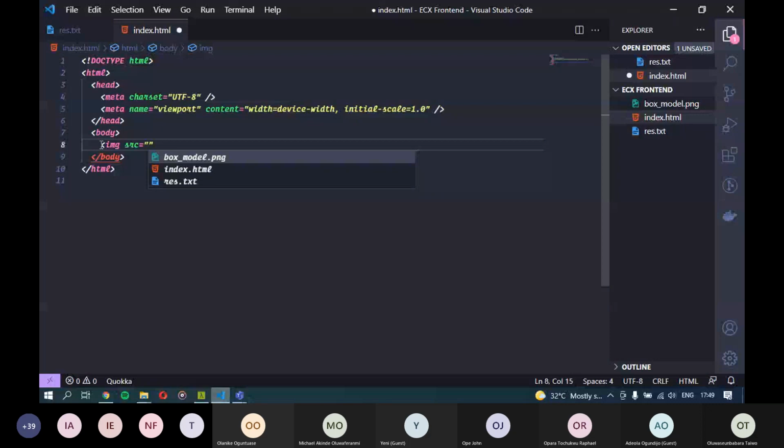Wherever you want this image to come from, whether from a local place, like your laptop or desktop, or from the internet, by a URL or something like that. So if I want to display this box model.png, since they are in the same folder, I can just type box model.png as the source.